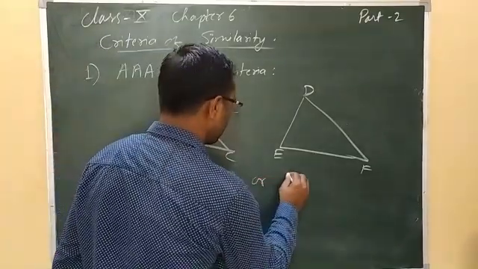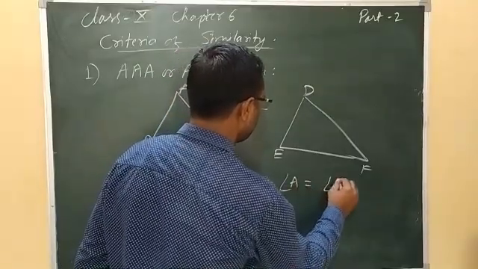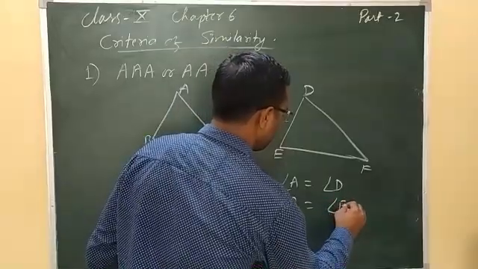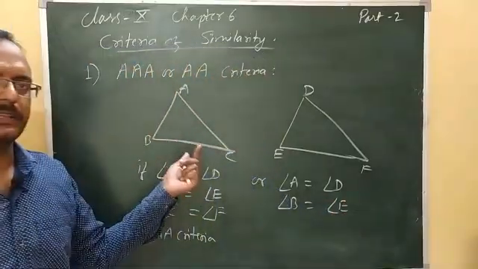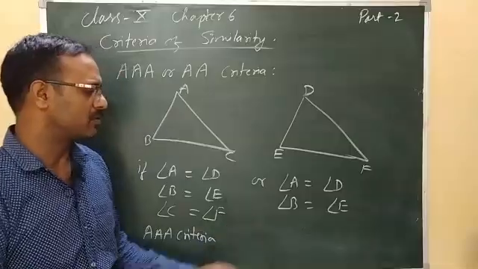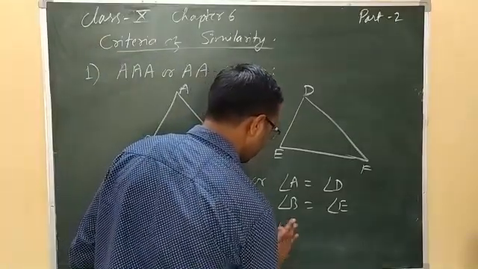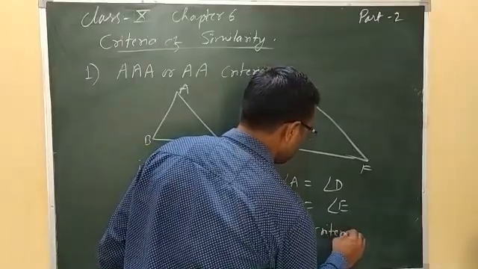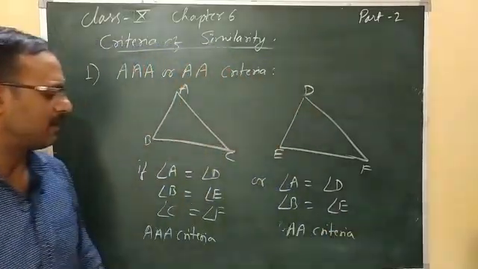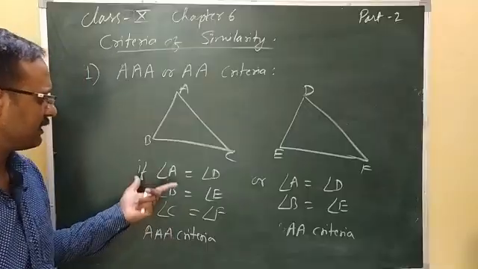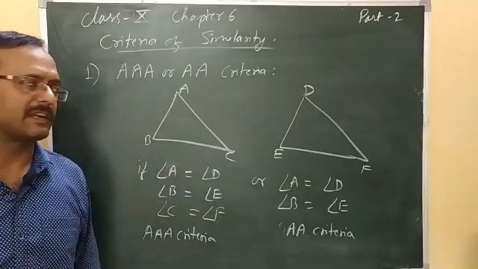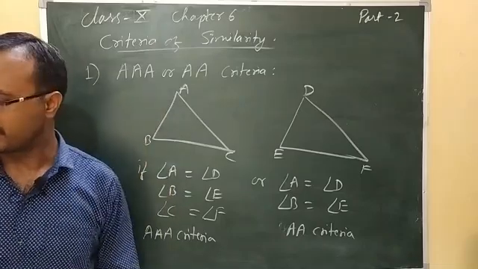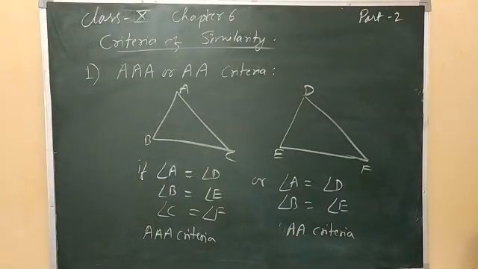Or we can also take any two of the angles, angle A equal to angle D and angle B equal to angle E. If two angles are equal in the two triangles, then also by AA criteria these two triangles will be similar. So we have two criteria. This is the first criteria in which the corresponding angles should be equal. Now the another criteria, that is